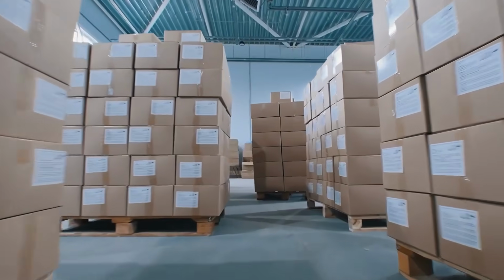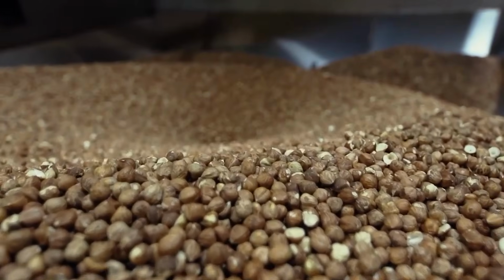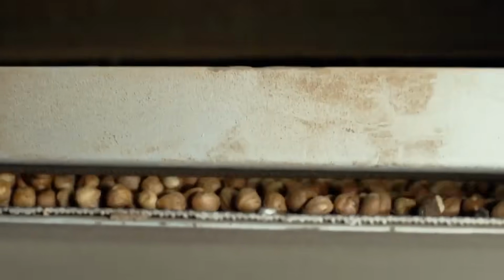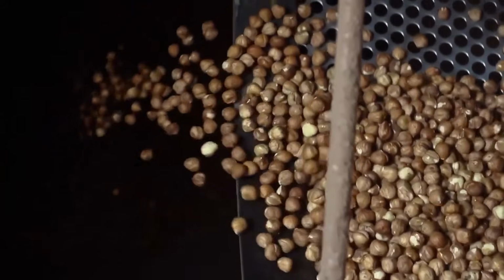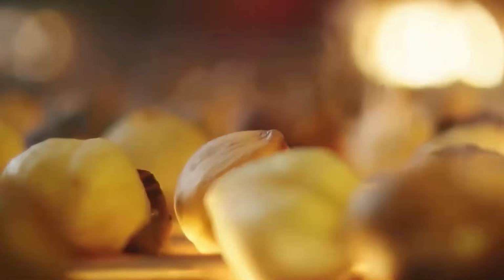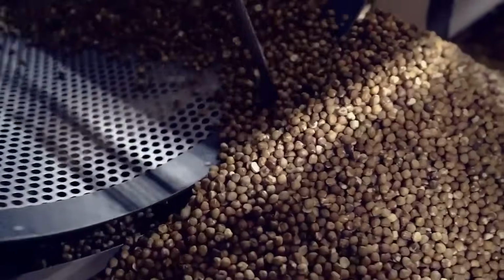Production areas are constructed with food-grade stainless steel surfaces and epoxy-coated floors that are easy to clean and sanitize. Air filtration systems maintain a clean environment by preventing airborne contaminants from entering critical zones. Employees follow strict hygiene protocols, including wearing protective clothing and washing their hands regularly. The factory is regularly inspected to ensure compliance with international food safety standards, guaranteeing that every jar of Nutella is